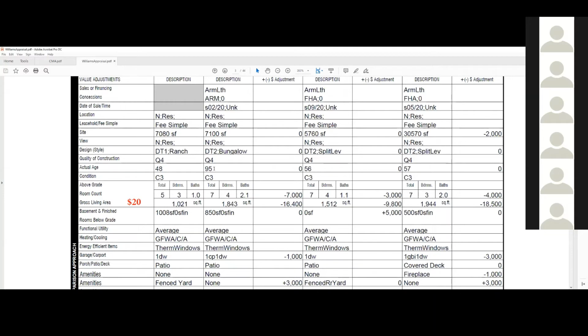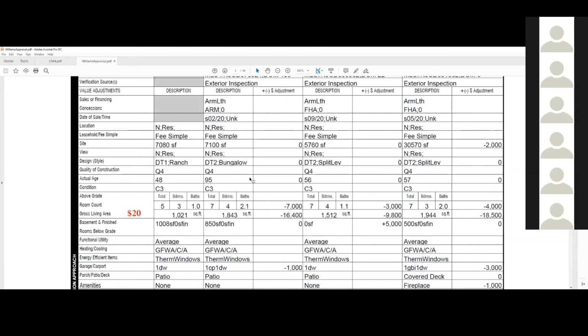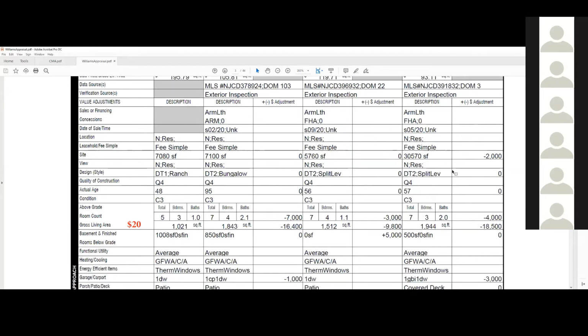48 years old, 95 years old. And as I said, most appraisers will not do age adjustments. And you can see it here too. Now C3, C3, C3, C3. This appraiser was real lazy, I would say, because he found pretty much all the same properties, similar conditions, similar quality to this property. But if we analyze it more, I think which we analyzed with this one, was that you,